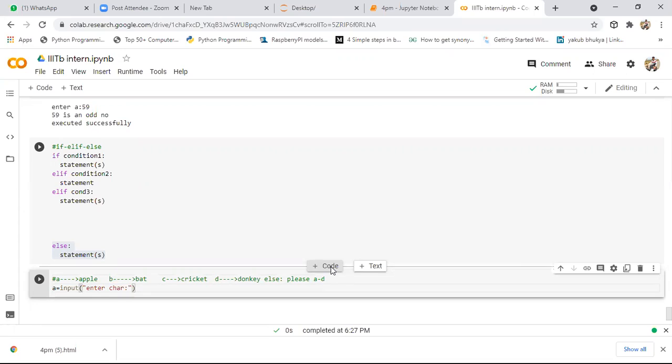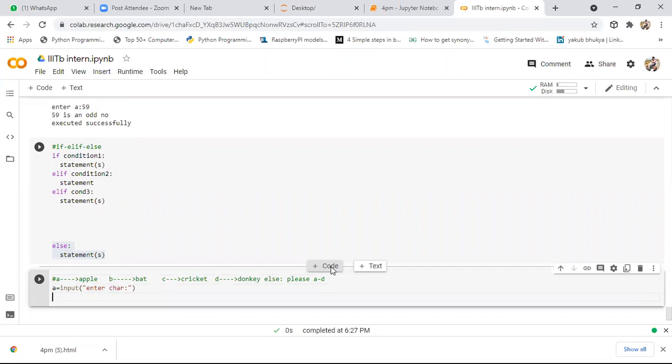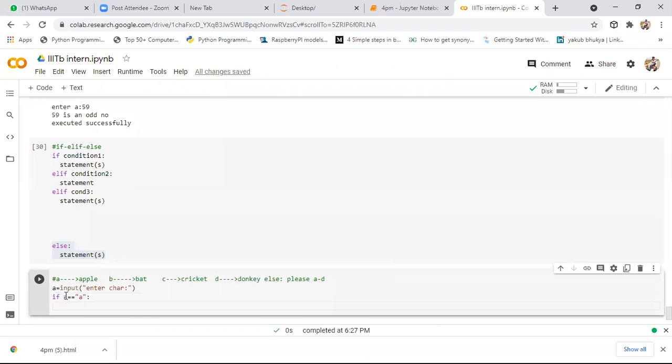After taking the user defined input as a character, first I want to check the if condition. That is, if a equals character a, whatever the user defined input you are taking, if it is equal to character a, here we need to print output like apple.